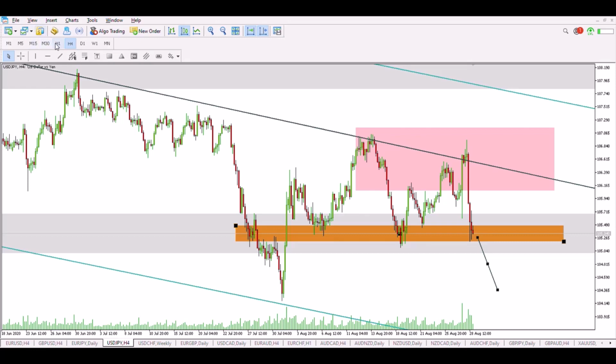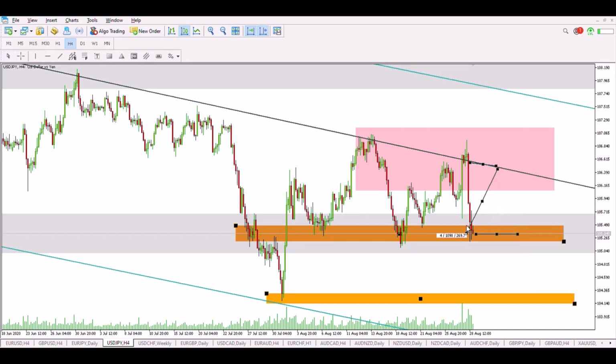Of course, those who took a sell trade somewhere here can take profits now, and I'm sure that a lot of people and a lot of banks will take some profits here. So if this happens, we can see this move to the upside. But if the move is too strong, we can see another push to this previous low. I think we will see some bullish movement,